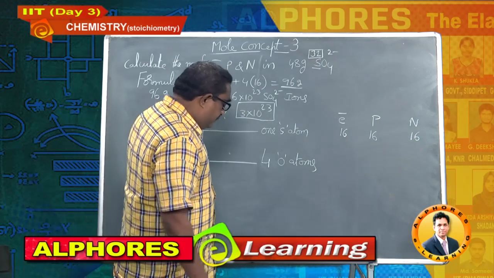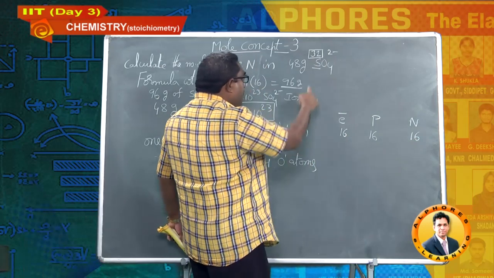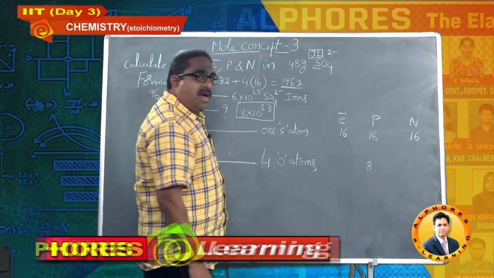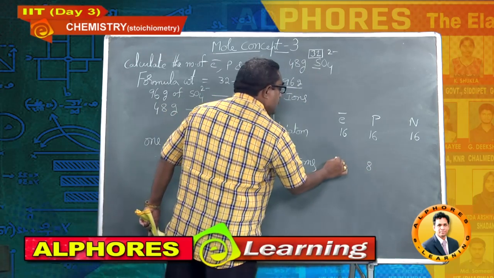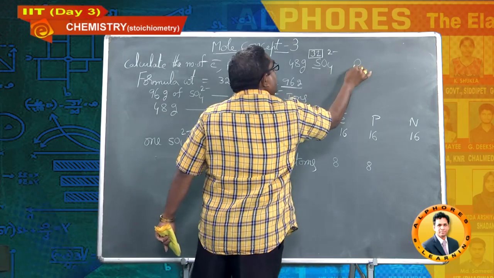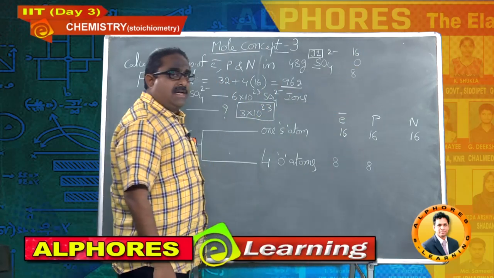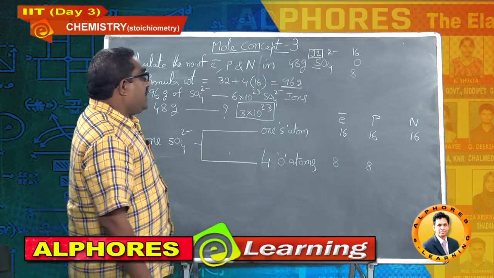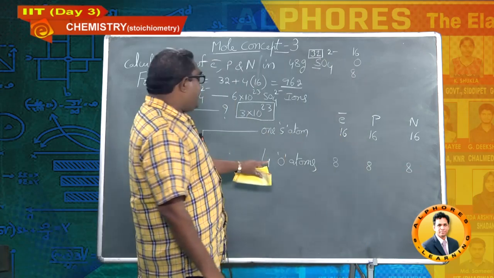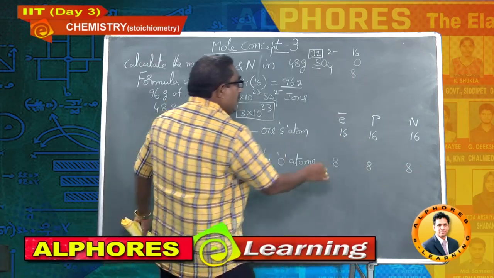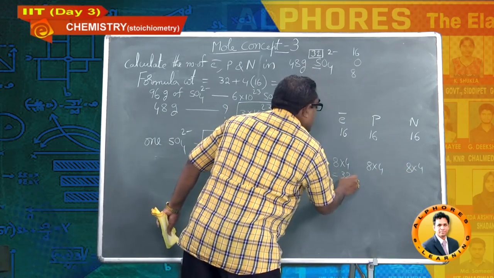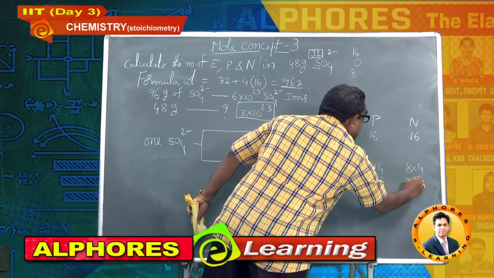Next, coming to oxygen atom. Atomic number of oxygen is 8. So 8 protons, and similarly the same electrons, 8 electrons. Oxygen, if nothing is mentioned, you have to take it as O-16, the normal isotope of oxygen. So 16 minus 8, again the number of neutrons is 8. But how many such atoms are there? 4. So you should multiply this with 4, 4 and 4, and this is 32, this is 32, this is also 32.